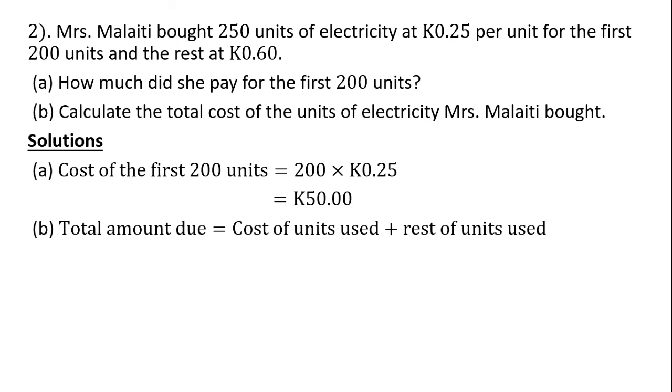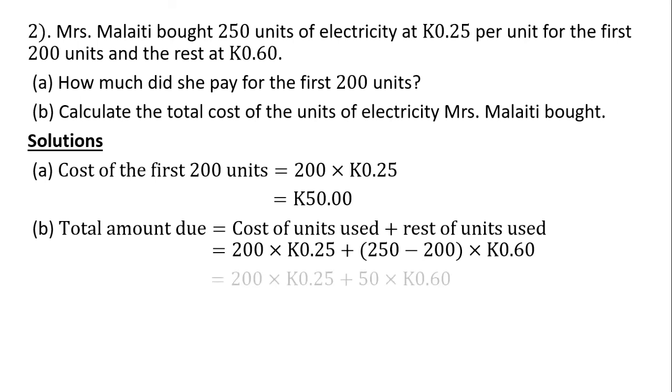So we are going to say total amount due is equal to cost of units used plus rest of units used. So the cost of the units used was 200 times 0.25 kwacha. For the rest of the units, you have to subtract 250 minus 200, times 0.60. For the first units, it was 200 units. Afterwards, she used 50 units. Those 50 units have to be multiplied by 0.60. So we'll say 200 times 0.25 kwacha